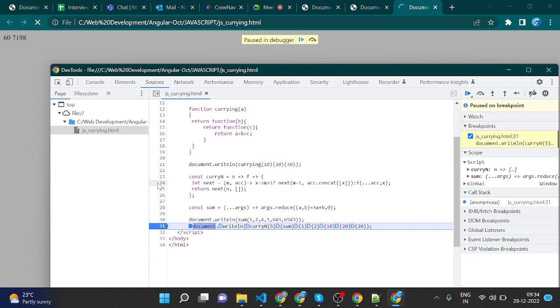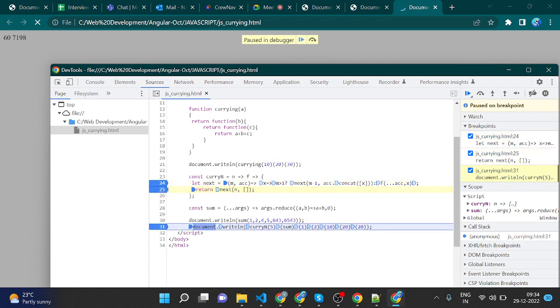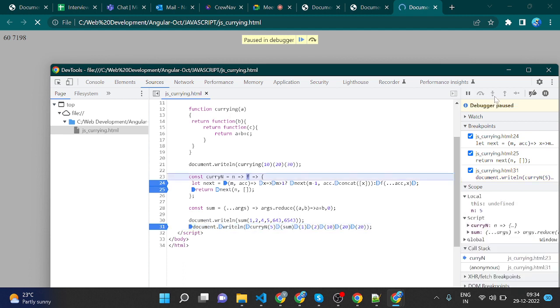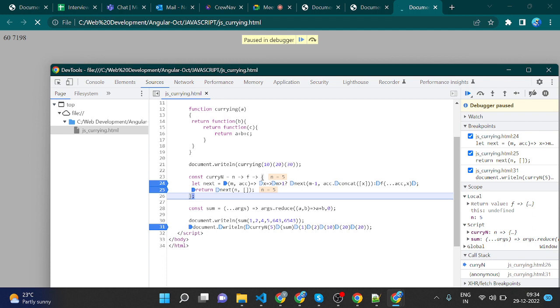The curry function is taking an n and a function. If you see here, n is 5, meaning how many elements there are. There are 5 elements, so that is n. This is the 5 I passed. I have passed 5 elements. N is 5 and function is